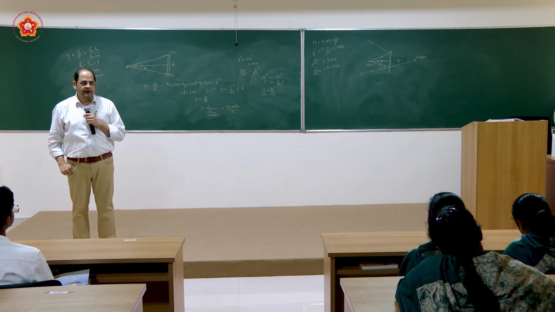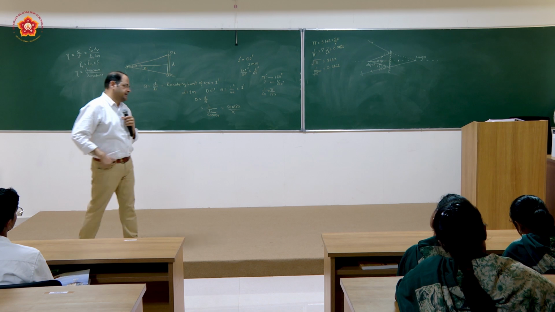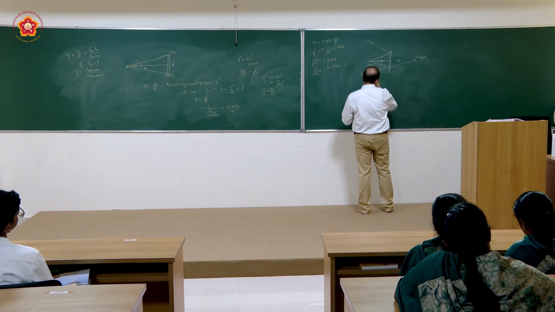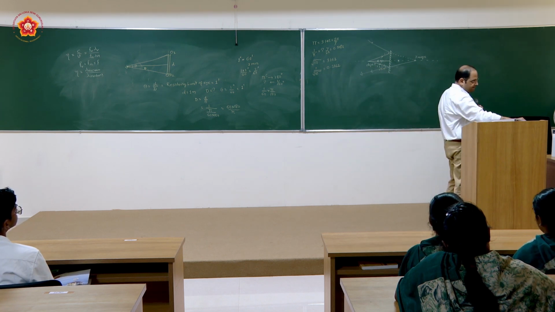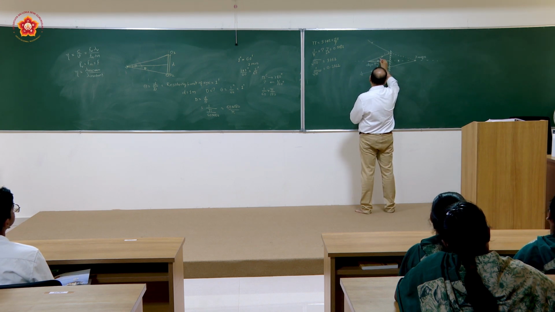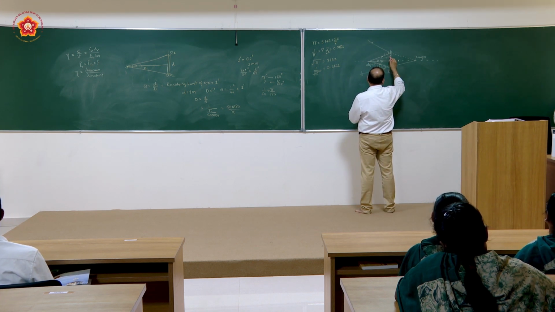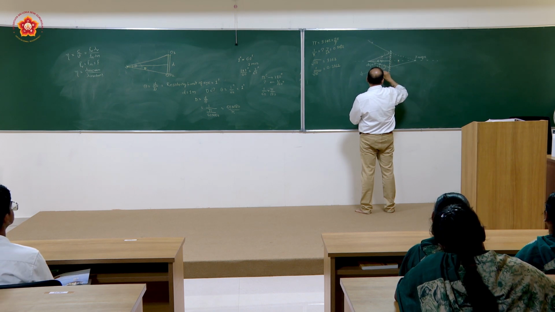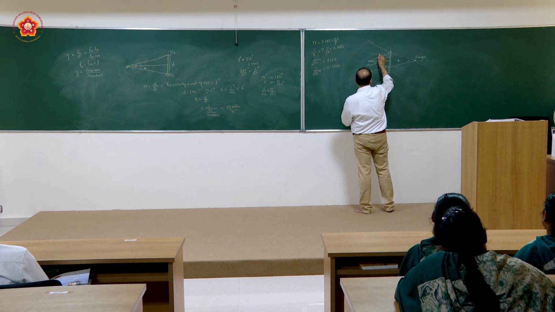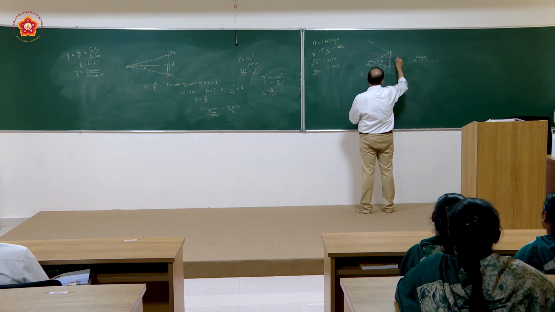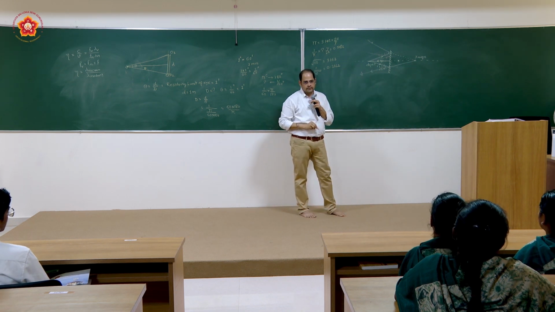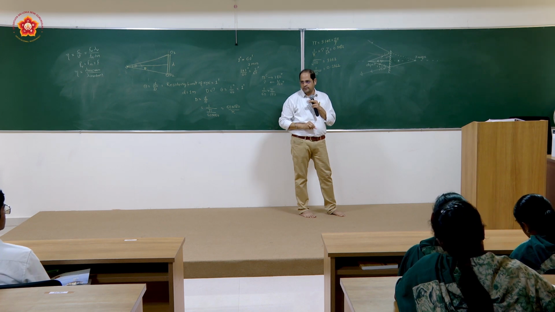Now you will say, why only 2 rays? Can we draw with more rays? Yes, I can draw with more rays. There is no issue about it. I can show the ray to be incident along this direction. Again, at this point, I will have the angle of incidence. With the same angle of incidence, I will show the angle of reflection like this. If you stretch the ray in a backward direction, it will come to the same point. Am I right or wrong?